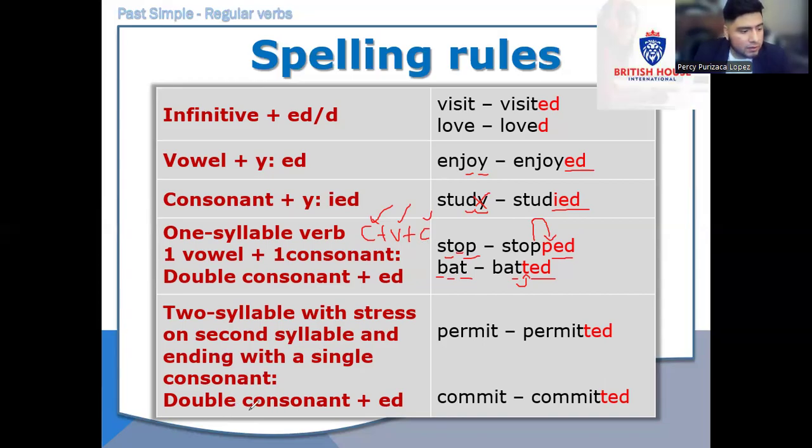Which is double consonant plus ED. I do understand, teacher. For example, in this case, two syllables with a stress on the second syllable. Let's analyze this word, permit. Permit, okay? It has two syllables, and the stress is on the second syllable. Remember, the stress is the intonation, the rising intonation. Lo que para nosotros sería el uso de tilde. To permit, and the second syllable has the stress. And ending in a single consonant, there are three conditions. Ending in a single consonant. This consonant is T. So you need to double the last consonant, the same situation as the third rule, sorry,